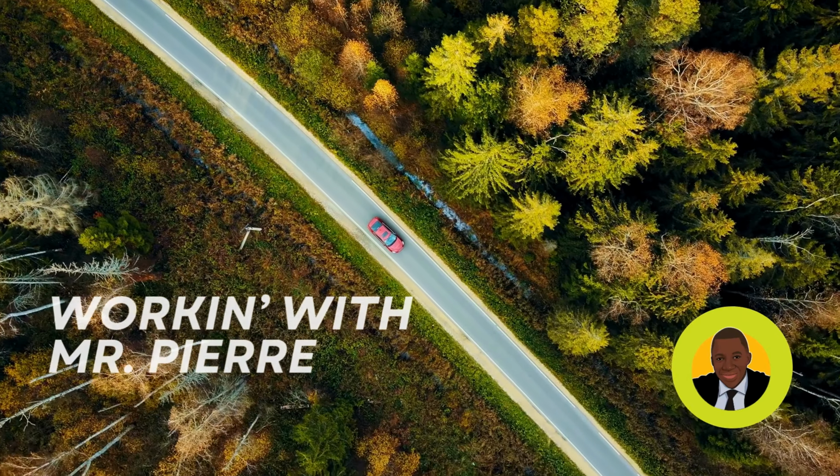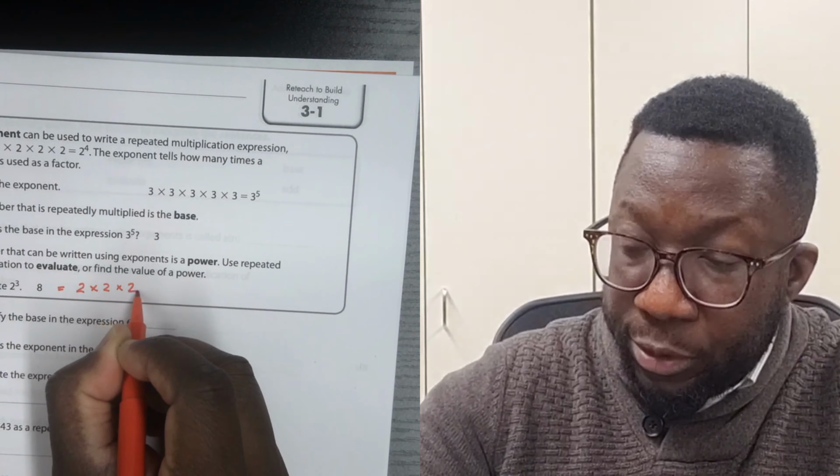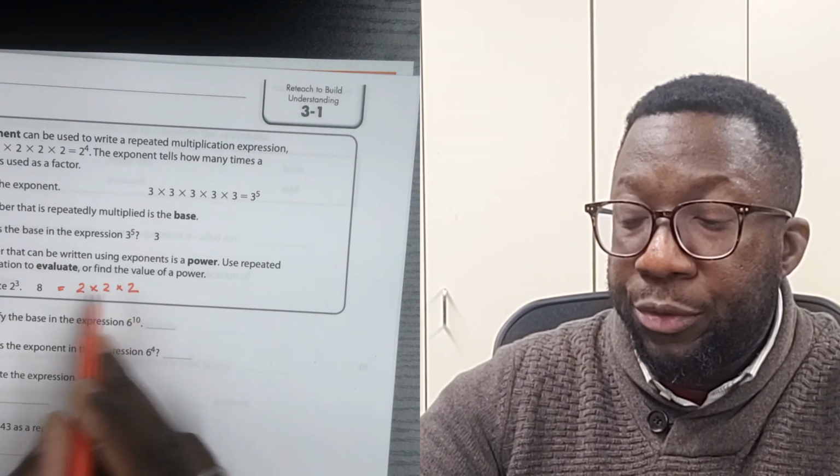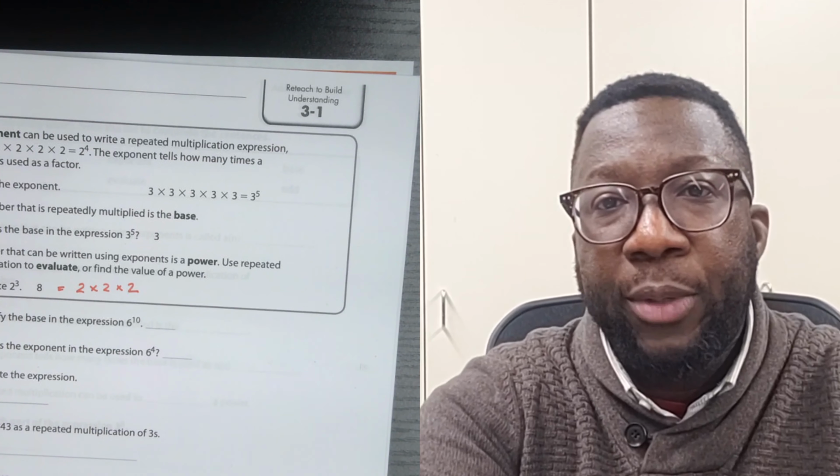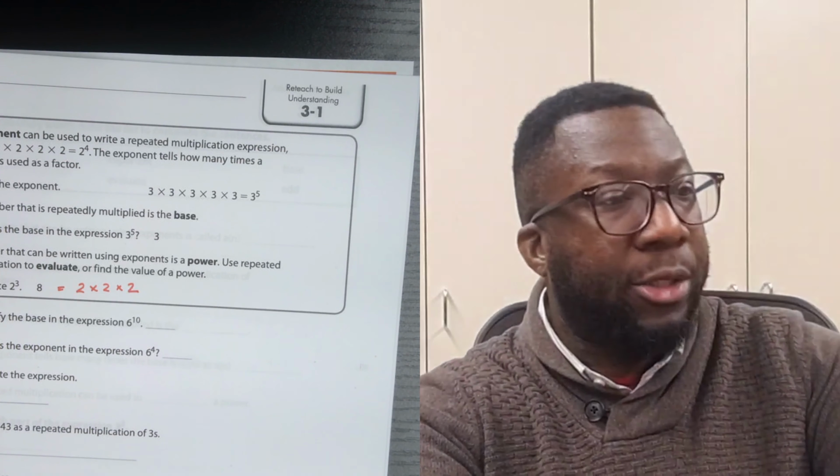In this example here, where we're asked to evaluate 2 to the third power, 2 to the third power means 2 times 2 times 2. 2 times 2 is 4. 4 times 2 gives us 8. So 2 to the third power, when we evaluate it, is equal to 8. So now let's take a look